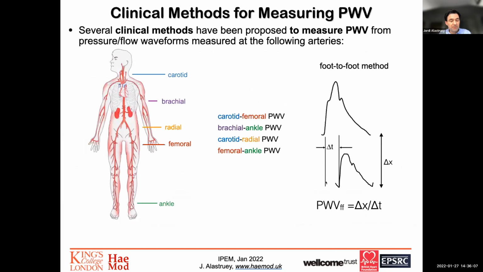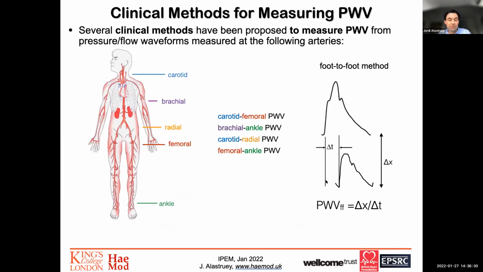So several clinical methods have been proposed to measure pulse wave velocity from pressure or flow waveforms measured at two arterial sites. So for example, those shown on the sketch on the left, and then typical combinations of waveforms are shown in the center. And the sketch on the right illustrates the foot-to-foot method for estimating aortic pulse wave velocity